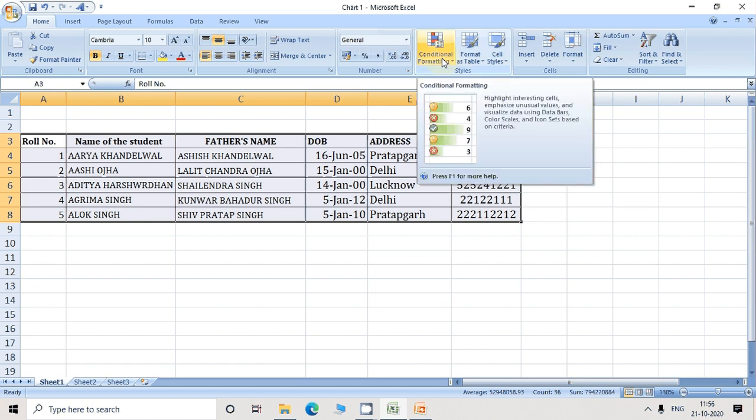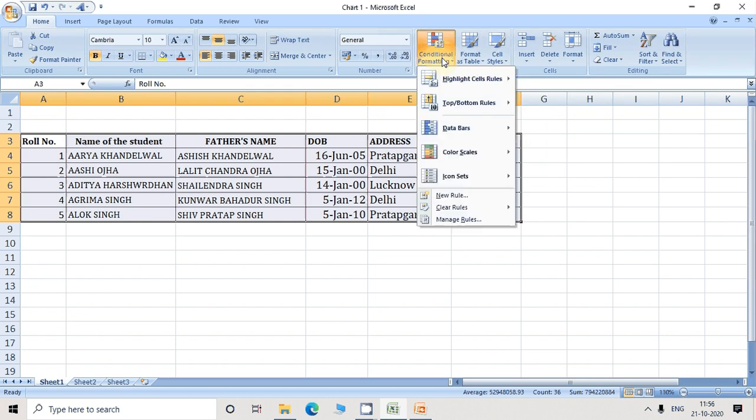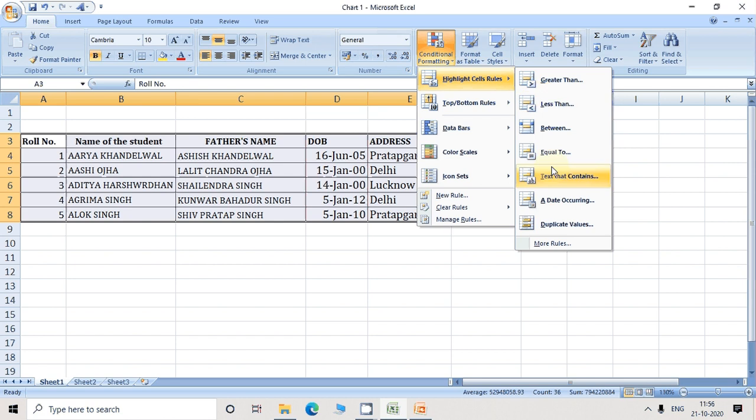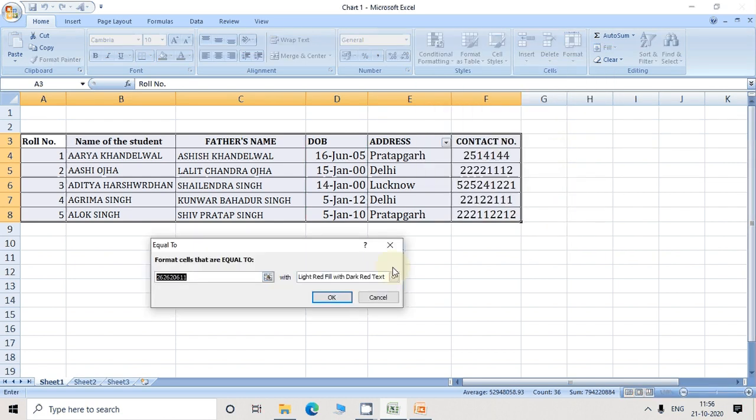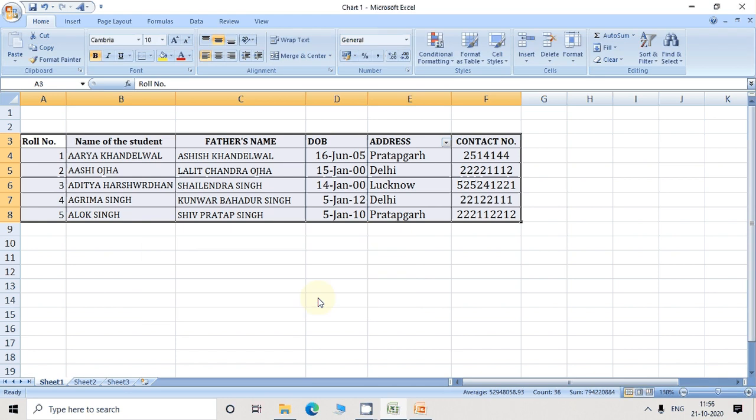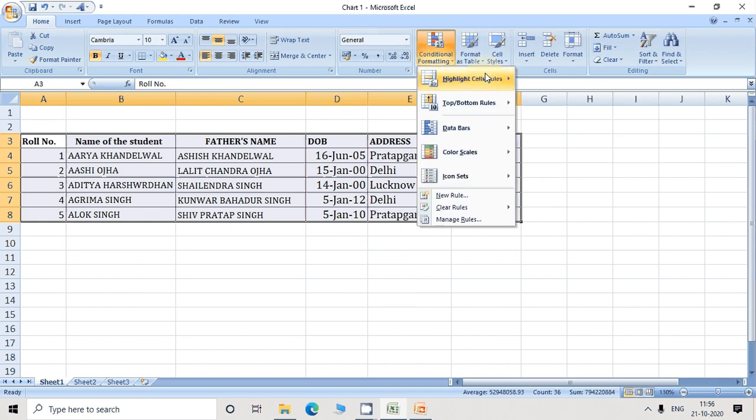Let's see another example of the conditional formatting. Highlight cell rules, equal to. Put here equal to 12, only equal to 12, and click on OK. Nothing is equal to 12, so it can't highlight.